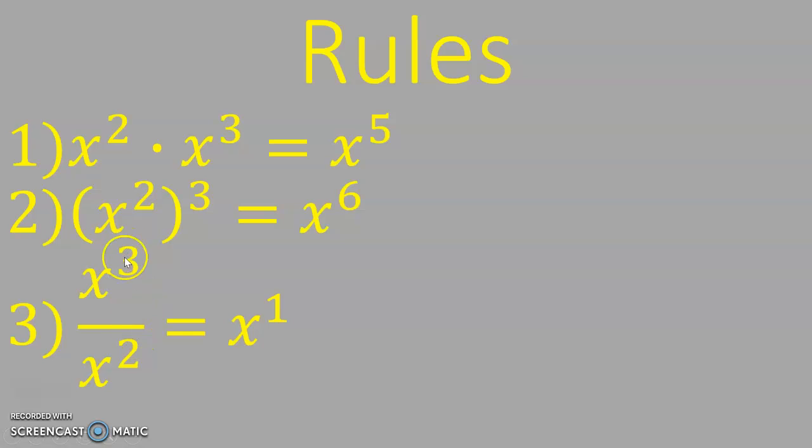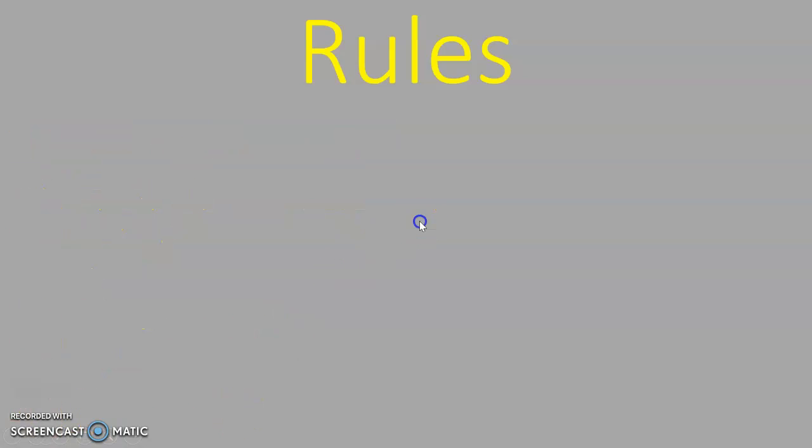If you are dividing powers, you subtract exponents, and a lot of times you don't see x to the first. I put it just to demonstrate here. And stemming off of property 3, we have property 4. Anything raised to the 0 power except 0 itself is 1. Okay. Fifth rule,